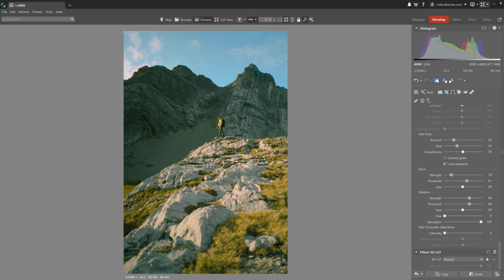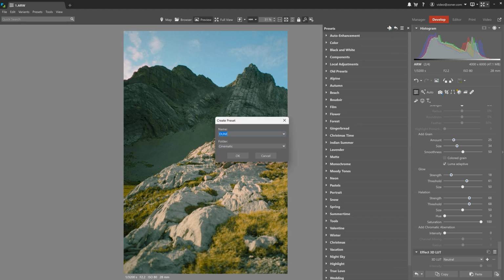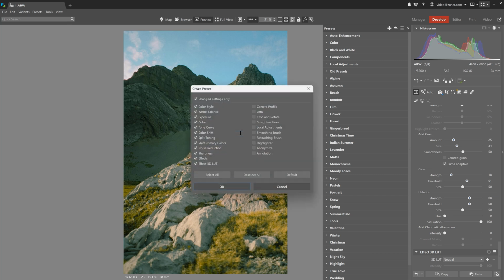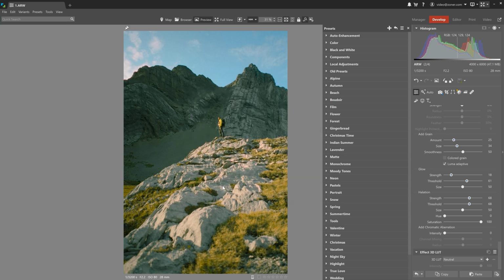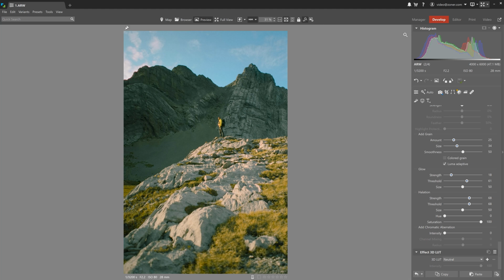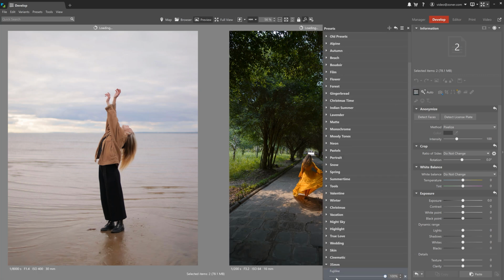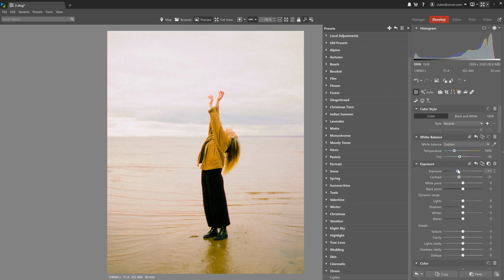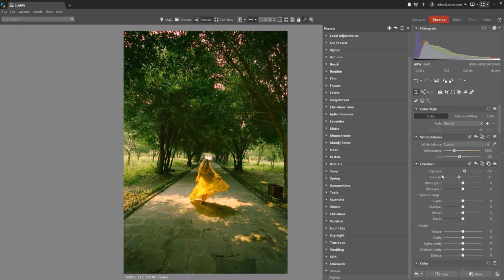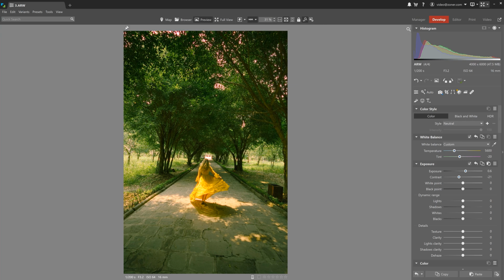Complete nostalgia. Now let's save the adjustments as a preset and we can try those out on some more photos. Let's open the presets panel, click the plus icon up here, create a new folder, and maybe we call it 35mm, and then name the preset something like, I don't know, Fuji-like. Now, if you're mimicking a specific film, just name it after that, and then hit OK. I'm gonna select a few more photos and apply the preset. And then from there, I'm just gonna tweak the exposure for each photo as needed. And that's it. It works pretty dang good.